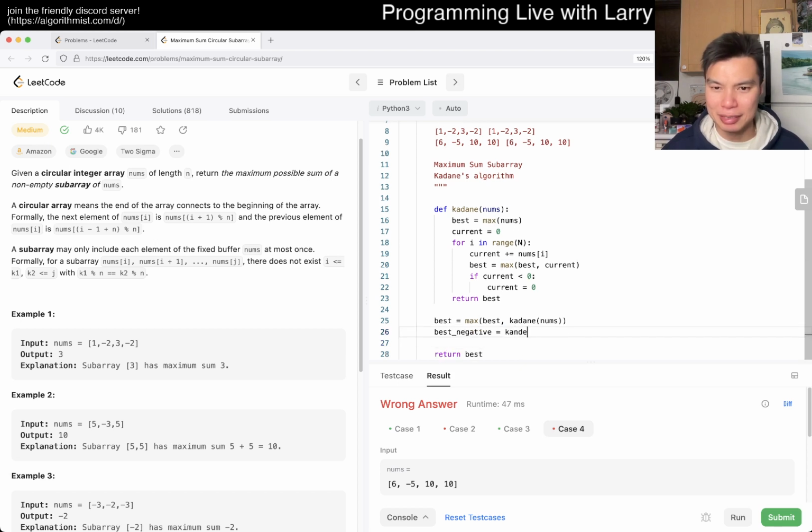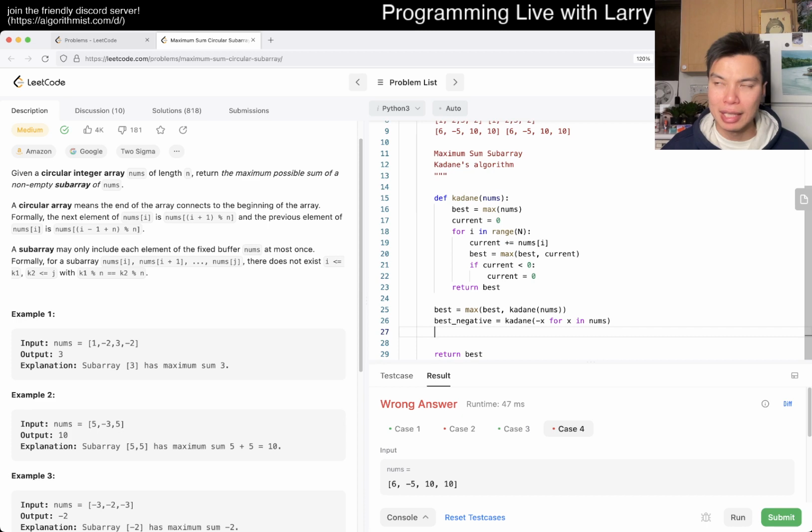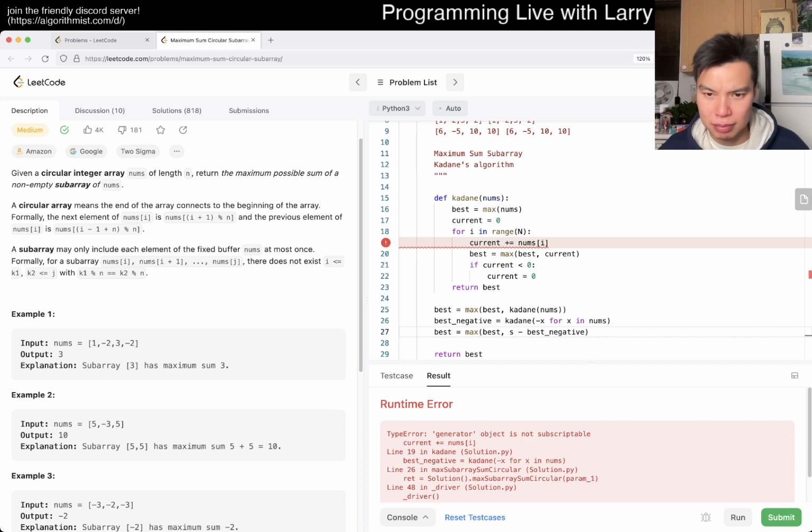Just say Kadane of negative x for x in nums, right? And then what they call S minus best negative. So best is equal to max of best and this thing. That's a little bit awkward, but